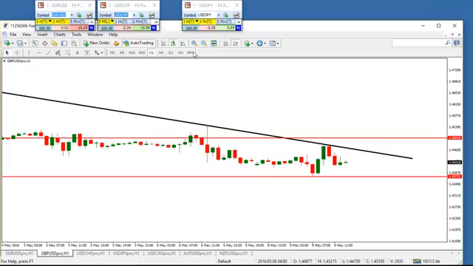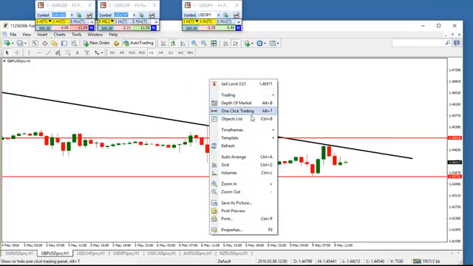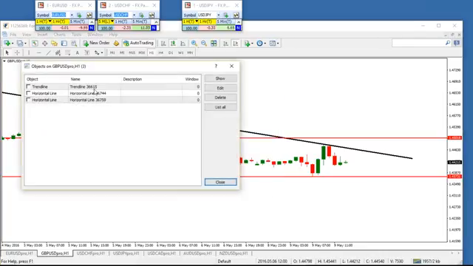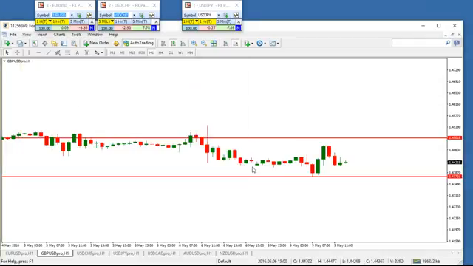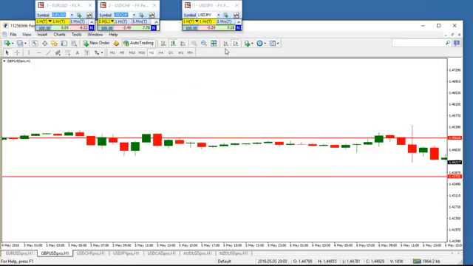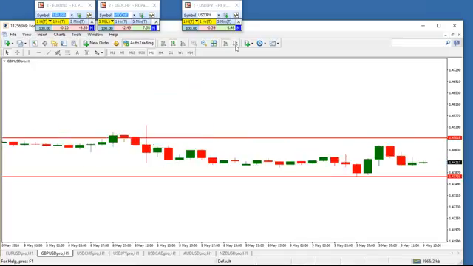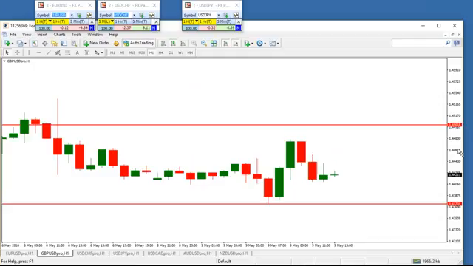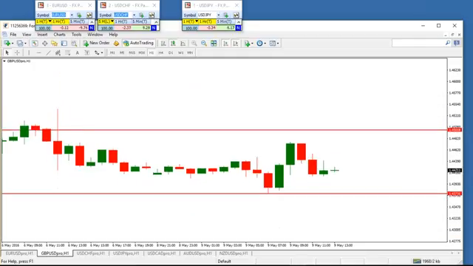Pound's a scary one, but again, just like the euro in here, I can probably take the better trade here on the pound. Let me take this trend line off. If you want to keep things simple, I know a lot of you are big pound traders, probably the best thing to do on the pound